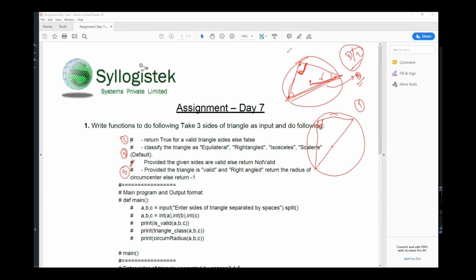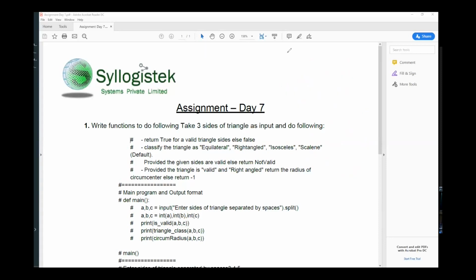Before doing that, my third function will be circumradius. Let's say this is my function name, and again I'm taking A, B, C as 3 parameters.